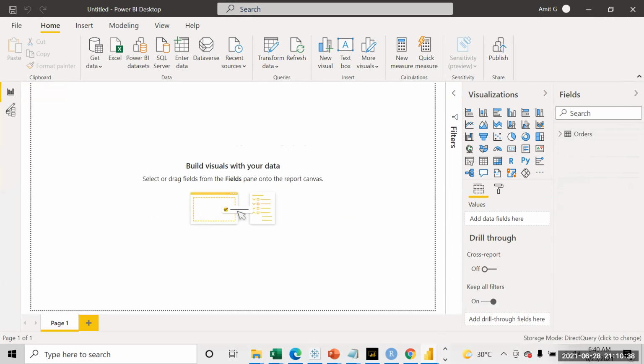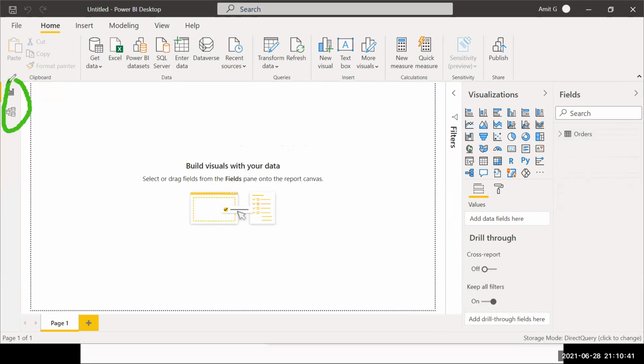If you observe the left hand side over here, you will see there is no third data view. I don't have the data view. The reason is because the data is not here in the Power BI interface, so Power BI can't show it.